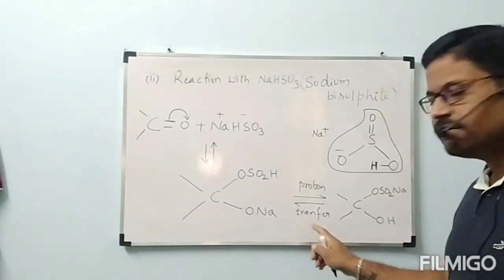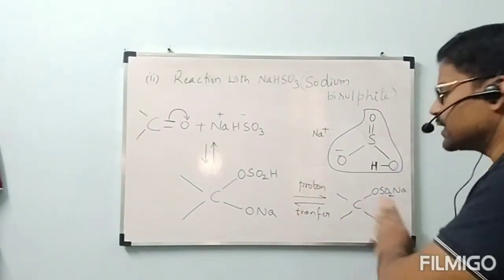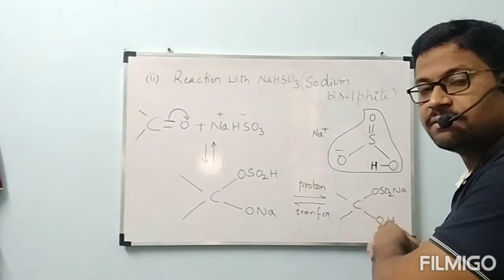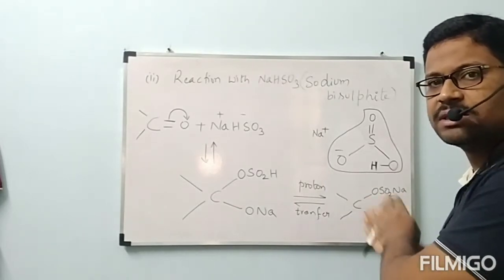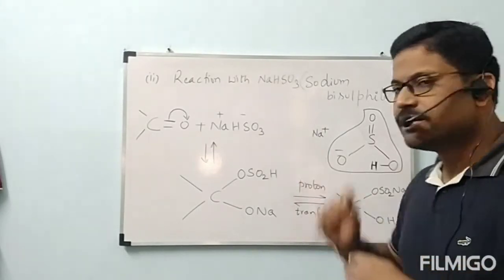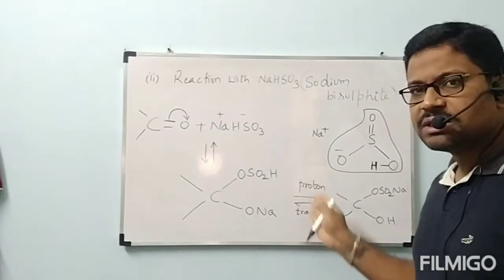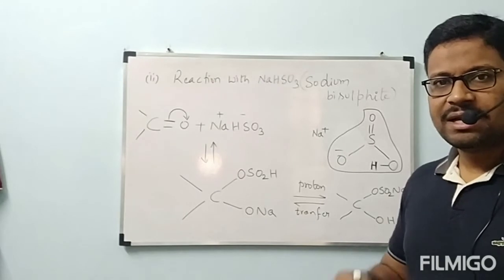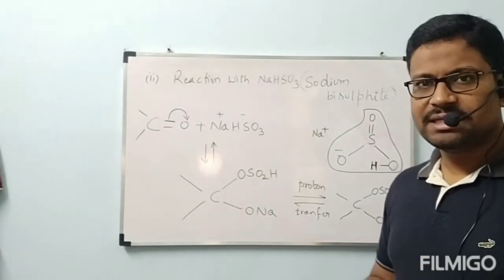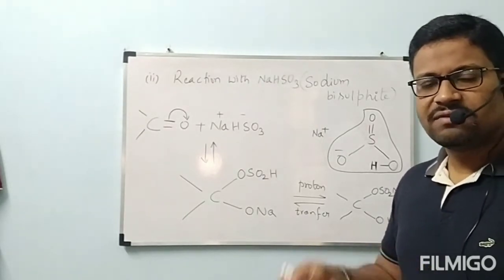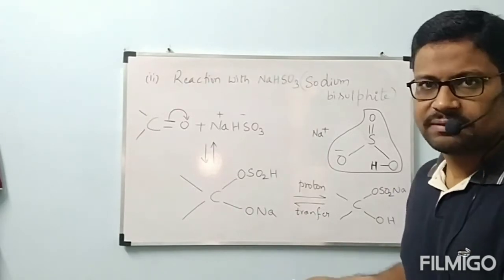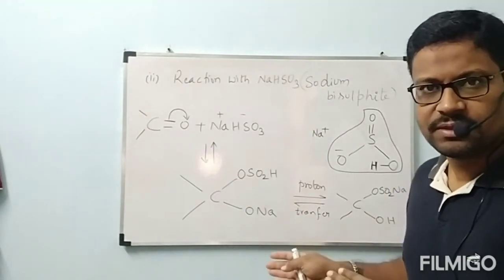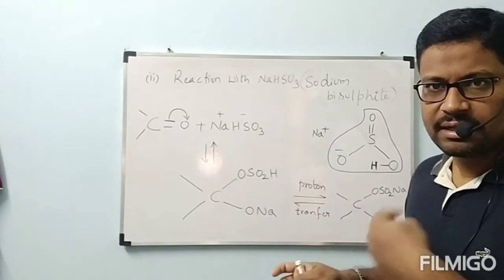Then this equilibrium will be towards the product side because more products will be formed. If it is a ketone, this equilibrium will be towards the reactant side only, because reactants cannot participate in the reaction easily. So the maximum amount of reactants will be there, and less amount of products. That is the thing we have to observe here. And one more point is there, that I will tell.